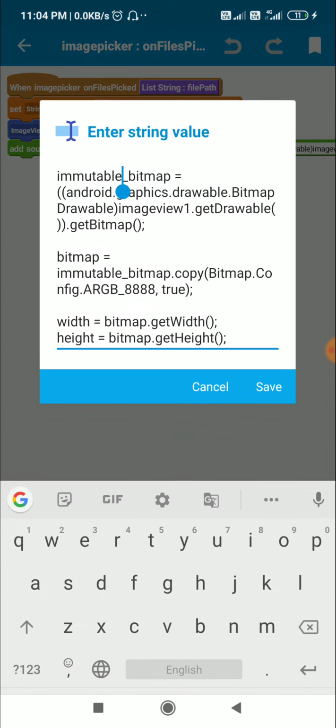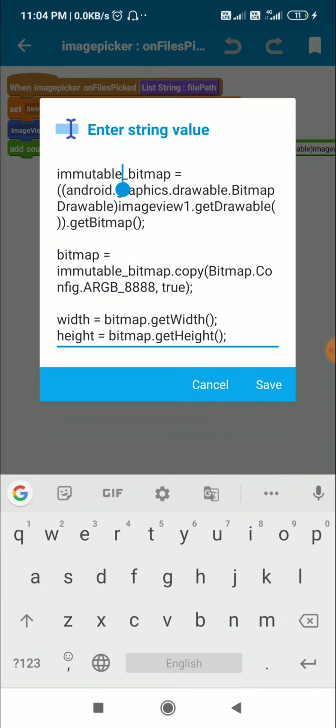So here I define immutable_bitmap is equal to bitmap drawable. We have to write bitmap drawable as android.graphics.drawable.BitmapDrawable. So this is in brackets, meaning whatever is after this is a bitmap drawable. So here is image view 1.getDrawable.